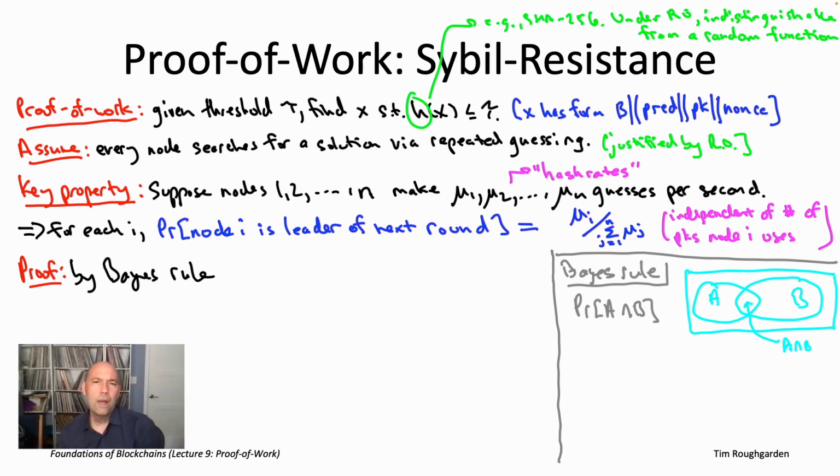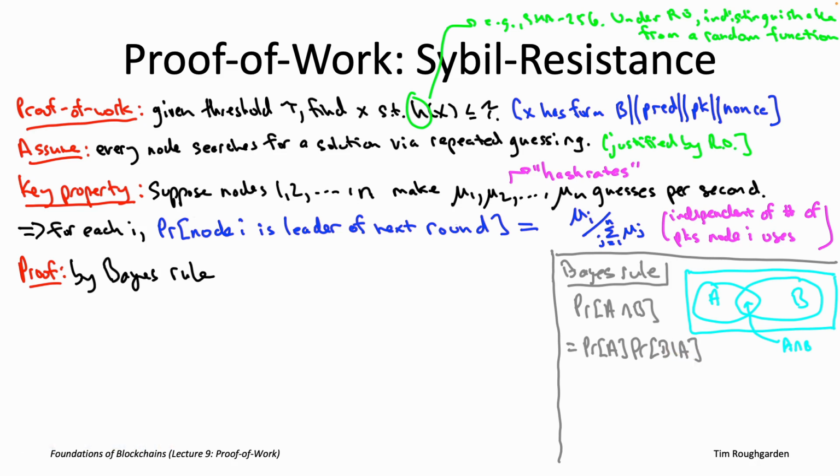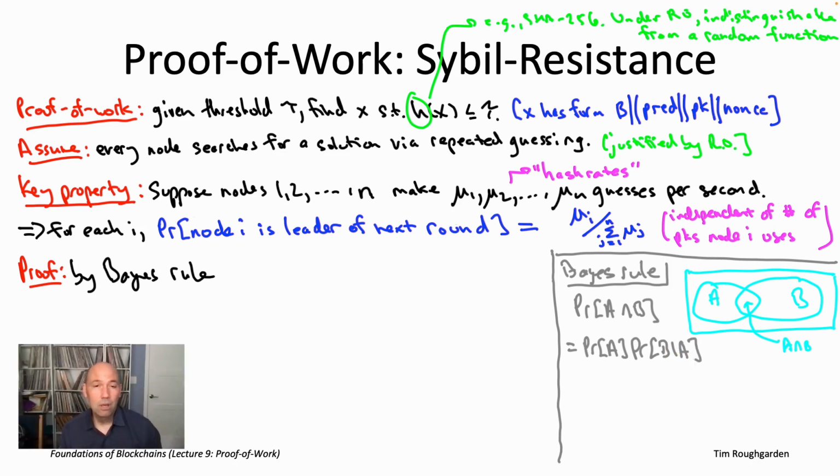So here are two different ways we can write A intersect B in terms of conditional probabilities. For both A and B to happen, it has to be the case that first A occurs, and then, given that A occurs, B then occurs. So in math, that's just the probability of the event A times the probability of the event B conditioned on event A. On the other hand, we can make the same argument exchanging the roles of A and B. For A and B to both happen, it has to be that B happens, and then that A happens